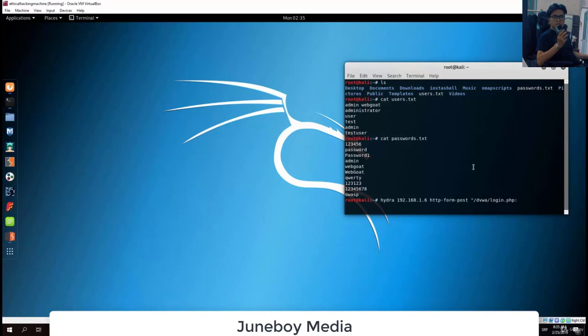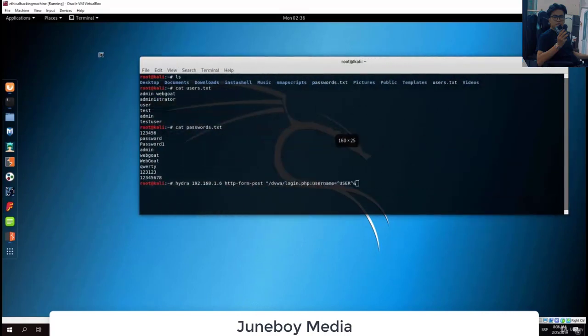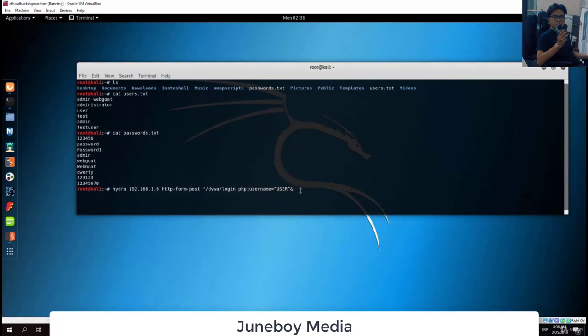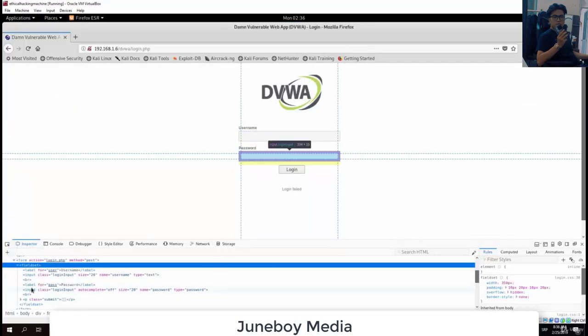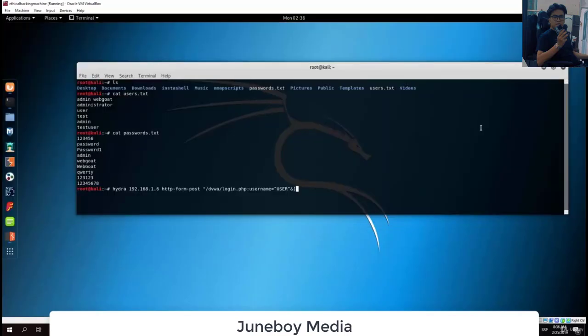So we divide these two with the two dots. So we type here username equals, the upper arrow, then user, then another upper arrow. Let me make this larger so you can see the entire command. Okay, so then after that we want to see what is the name of the password field, which is probably going to be password. So the name of the password field is password, so we specify right here password equals, again upper arrow, pass, upper arrow,